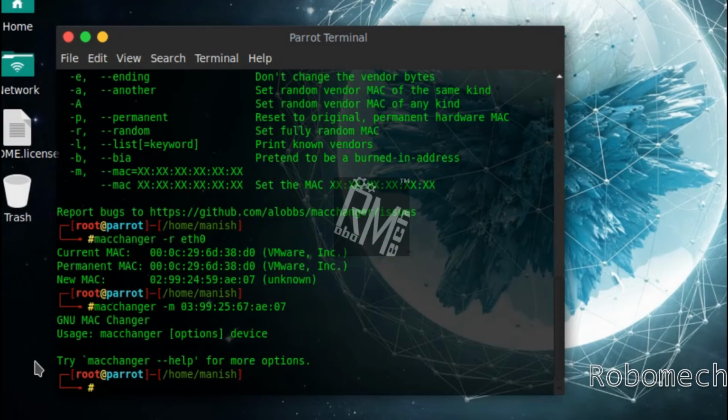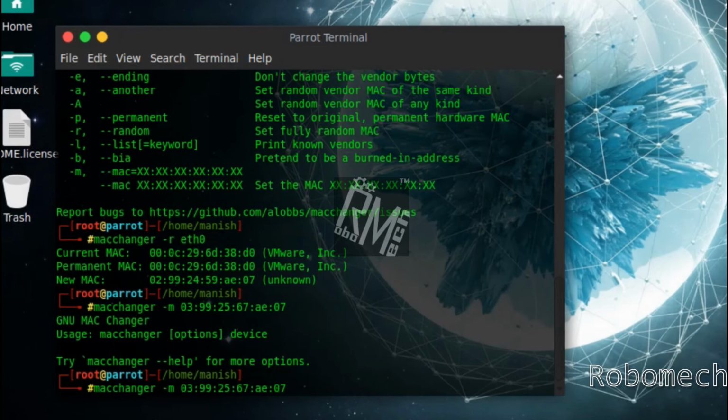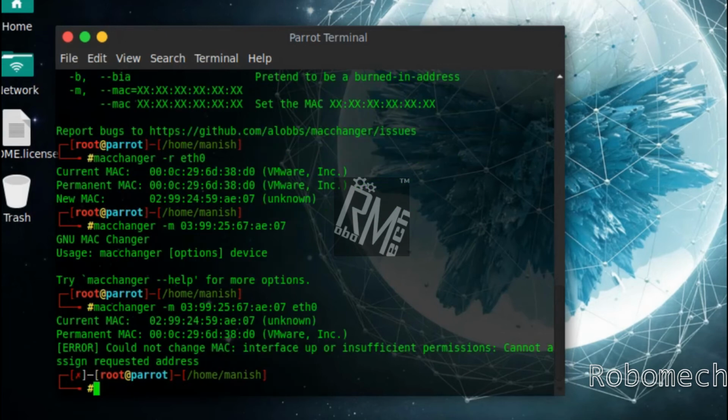Sorry, I didn't specify eth0, so let's rewrite: macchanger space -m space your custom MAC space eth0. I think the MAC which I have added is not a valid MAC address, but I think you have got the idea.